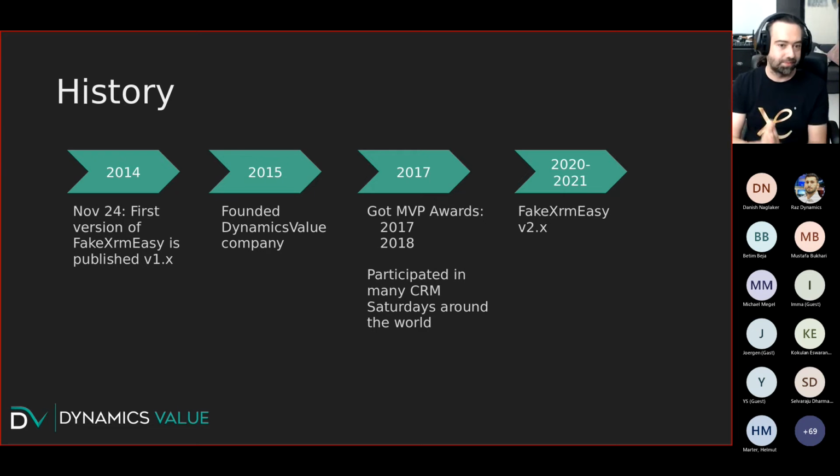Then in 2015, I founded the Dynamics Valley company, a consulting company based in Spain, to offer consulting and projects, but also with that mindset of pushing quality as a differentiator. Then in 2017, I got 2 MVP awards, mostly because of my open source work, I guess. And then in 2020, and this year,